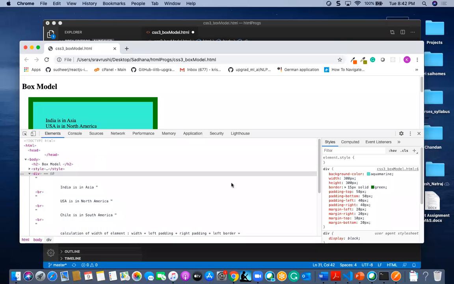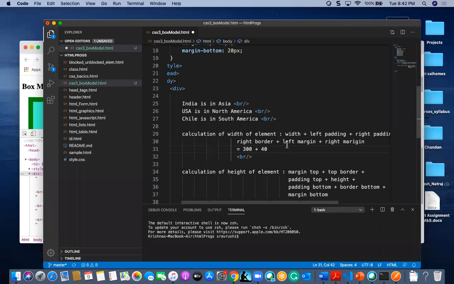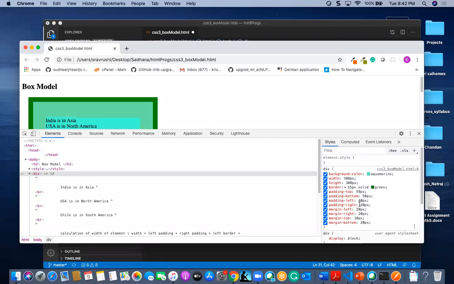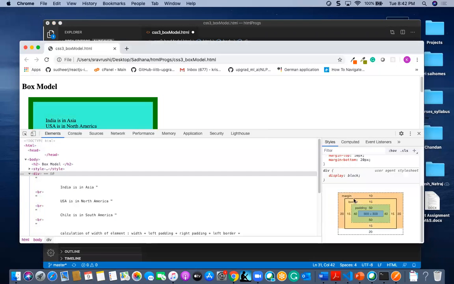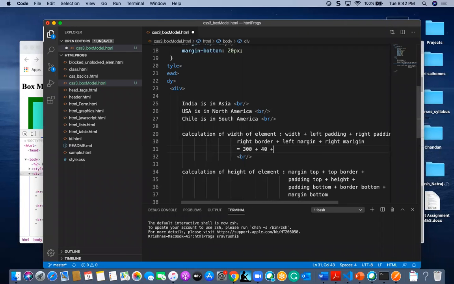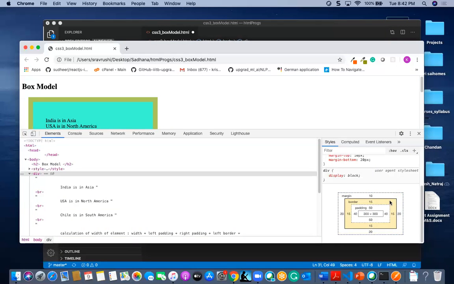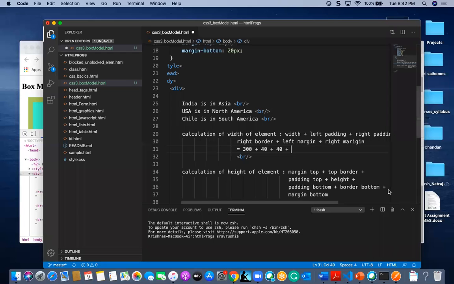You understood how to calculate the width, right? So the width is 300, plus left padding 40 and right padding 40, and also left border and right border 15 plus 15.